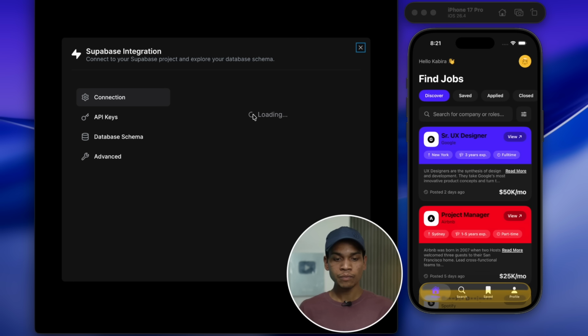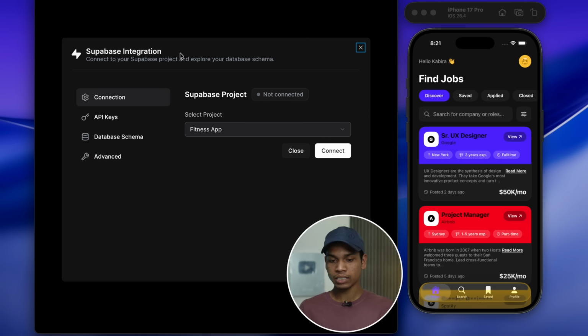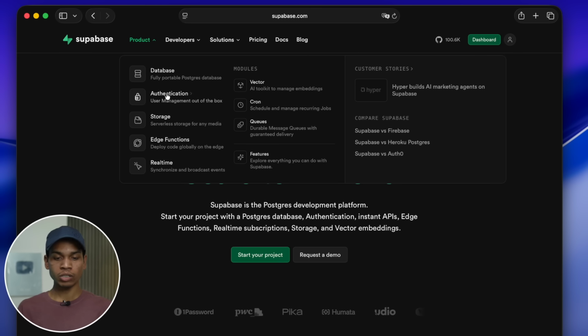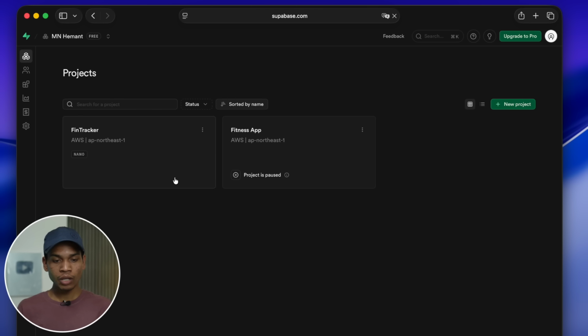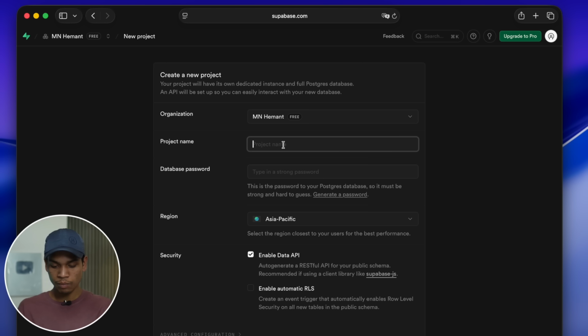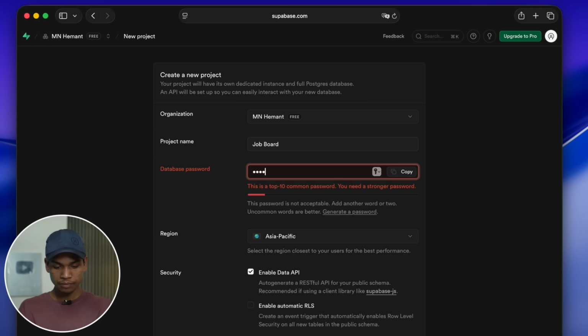So if you click here, you will see the option of Supabase integration. So Supabase is a platform for database, authentication and storage, and you can create a project here, and then you can connect your app through Supabase, and then all the data any user will put or you will post, everything will be stored here. So first of all you have to start a project. So I am clicking here start a new project, and then I am clicking here new project. You can see I had earlier created 2 projects for different apps, and now I am going to create a new project. I am naming it job board, and I am just typing a password here,